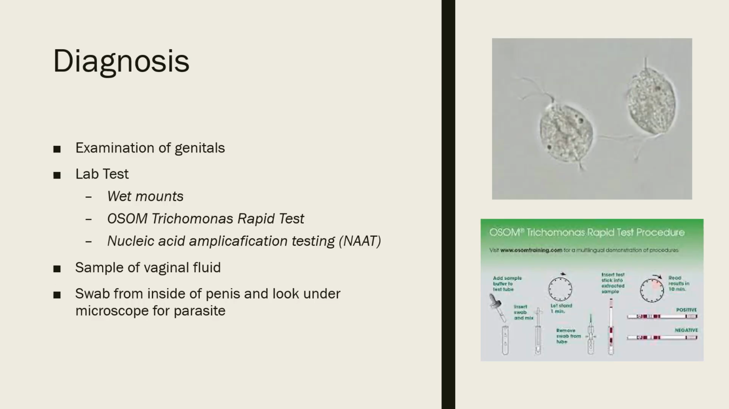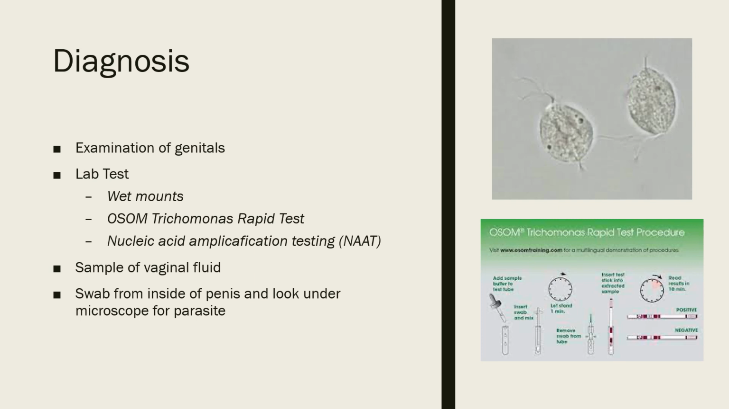So the diagnosis will usually start out with an examination of the genitals. And then there's lab tests that can be done. So there can be wet mounts that can be done, but those have a low sensitivity, so usually they don't do wet mounts, or they'll pair wet mounts with another diagnosis method. There's also the rapid test,